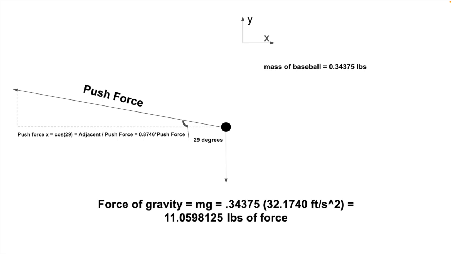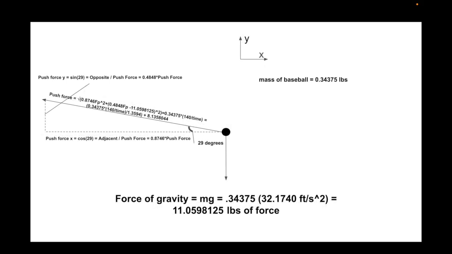cosine 29 equals adjacent over push force, or 0.8746 push force. For the y component, we can use the equation sine theta equals opposite over hypotenuse. And to solve, it will look like sine 29 equals opposite over push force, or 0.4848 push force. So the equation we can use is the square root of (0.8746 push force) squared plus (0.4848 push force minus 11.0598125) squared equals